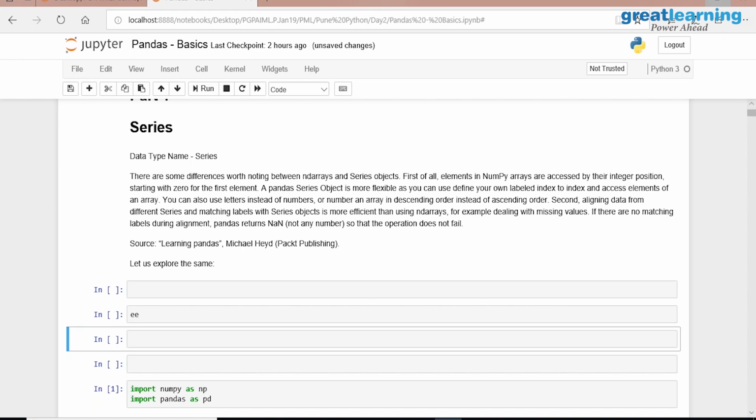Is it a rule that you should not use the mouse? To improve your productivity, that's it. Rather than going to insert, cell and all, which is easy now, Escape A, Escape B is better, right? So these shortcuts are only for improving productivity, nothing to do with your capability. Okay? That's good.